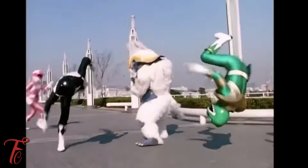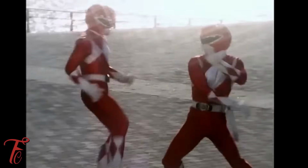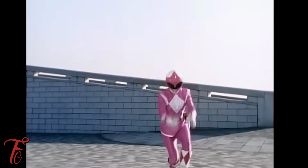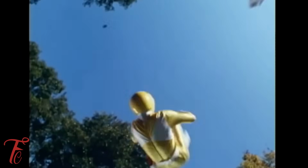We are getting a Disney Plus reboot eventually. We know we got the Reignition toy line coming out. We've got Fortnite, Power Rangers. There's a bunch of things kind of slowly rolling back in the way, and I'm excited because